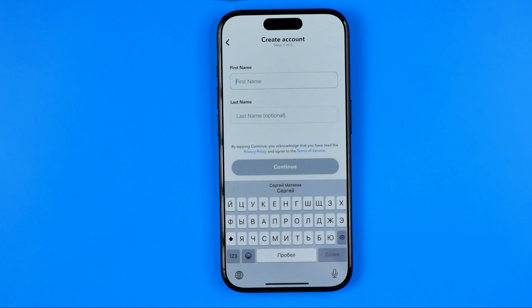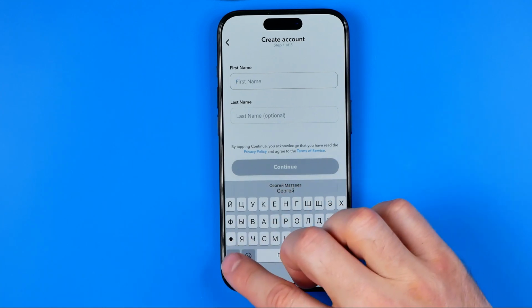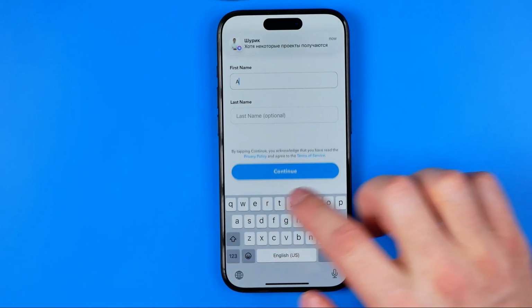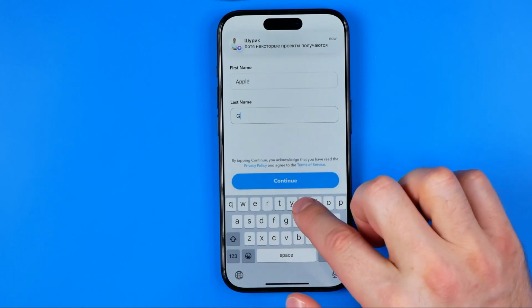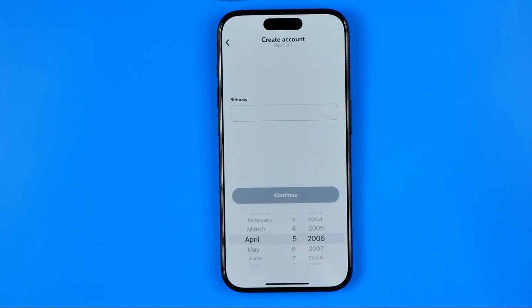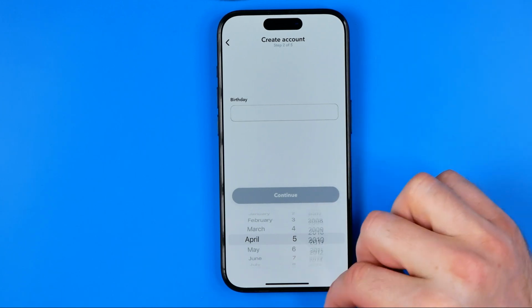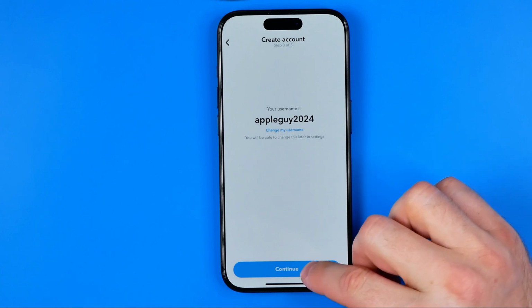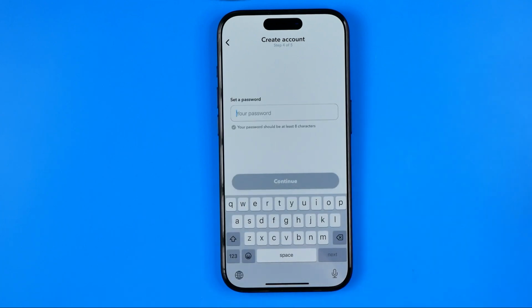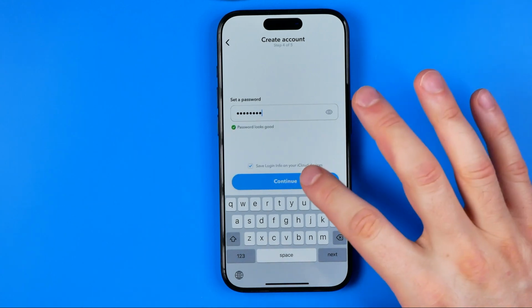I'm gonna tap at sign up now, and then first off we can enter our name here. I'm gonna enter Apple Guy in that way, and then hit at continue. Then we can choose birthday, hit continue again. On the next step, we can set a password for our account, and once it is done, I'm gonna hit